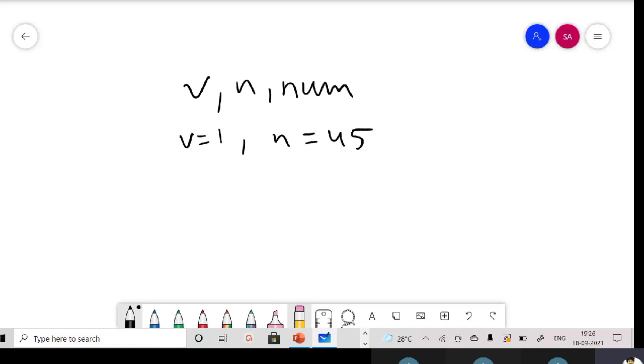Then num equals n right shift 1, and then num equals n plus v.